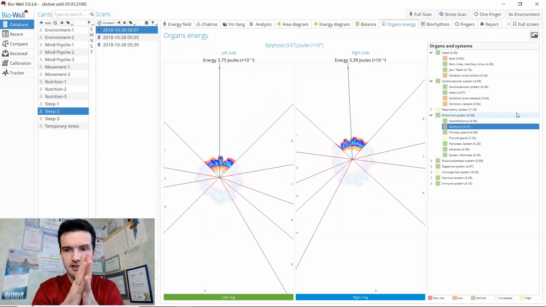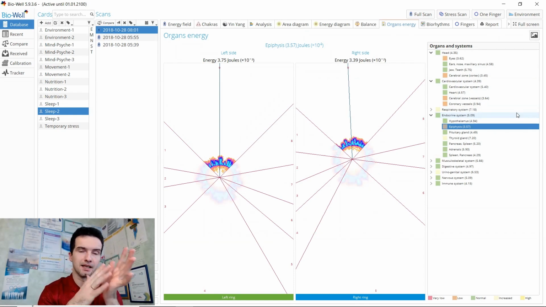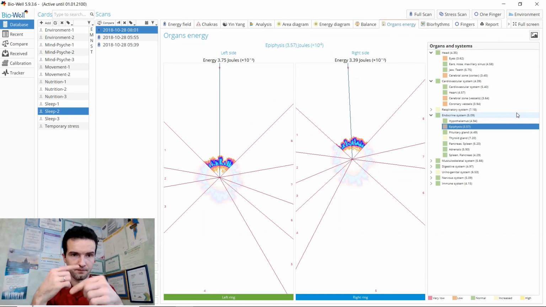The epiphysis is the organ that is responsible for our melatonin serotonin cycle, the sleeping regime, switching of the night regime to a day regime, right? And if we see that the cerebral zone, eyes, parts of the brain, and epiphysis are down,